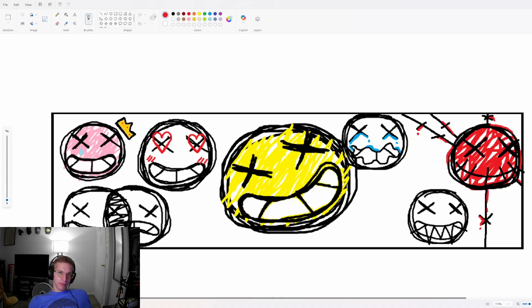What if I just fill the entire thing yellow real quick? Boop, boop, boop, boop, boop. That's more color. Yeah, because then it kind of makes them look like paper when their faces are white like that.